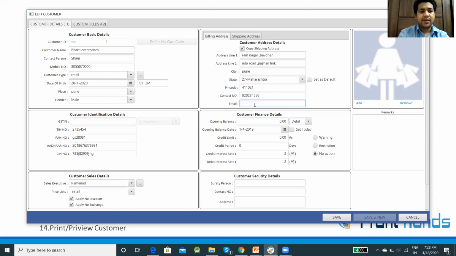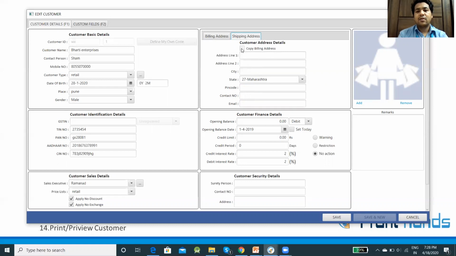And in this way you can mention the customer address details which will be printed on the invoices.